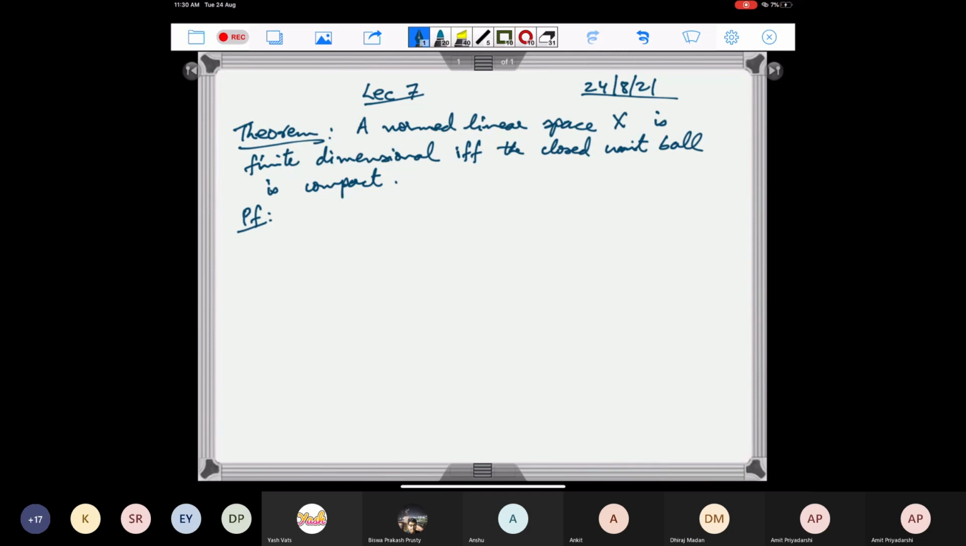That is the easier one. So if dimension of X is n, then X is isomorphic to L1 of n, and since this